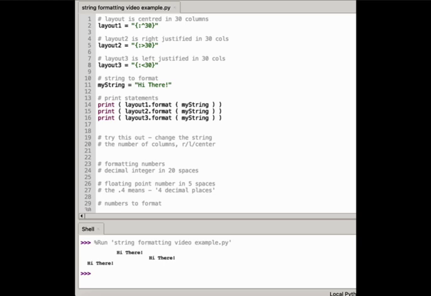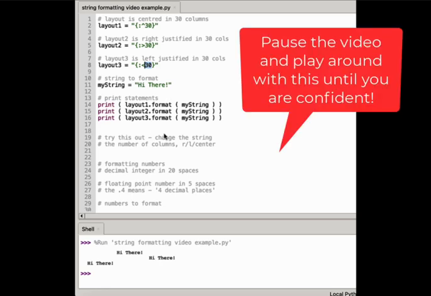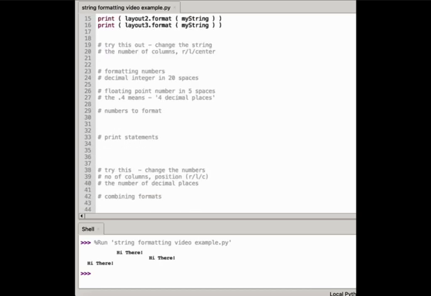So the next thing to try is to just play around with this, see what you can do. So try and change the number of columns here, so change it to 15, change this around if you want as well. So you could also change the string as well. The next thing I want to do is to show you how to